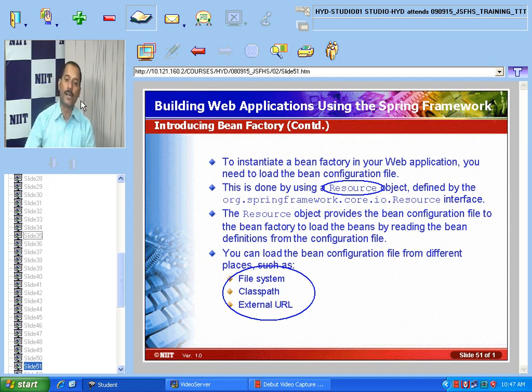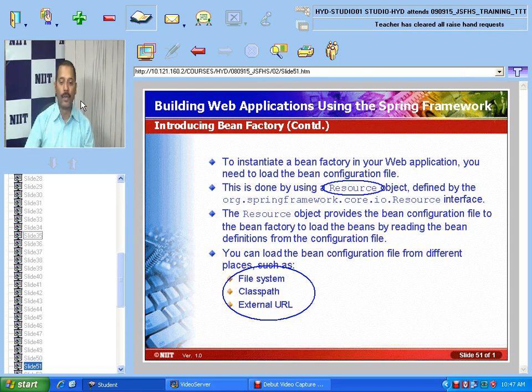So there are two scope attributes, which is simple. One is singleton, and the other is prototype. These are the two different types of scope attributes. Singleton says that if you are using this bean for that particular application, you can have only one instance of it. That is what we talk about with singleton.